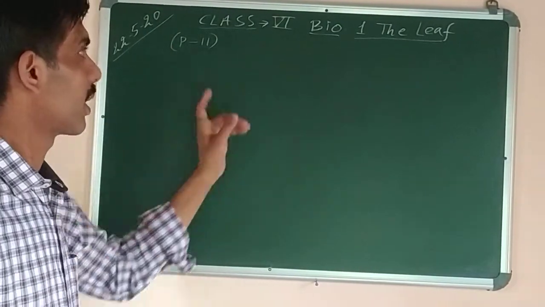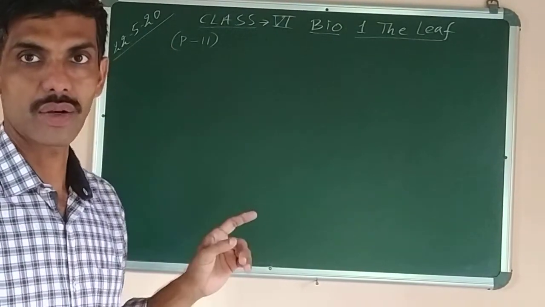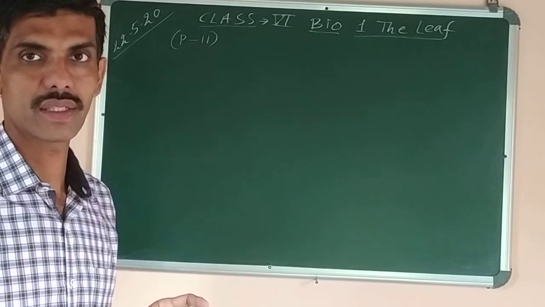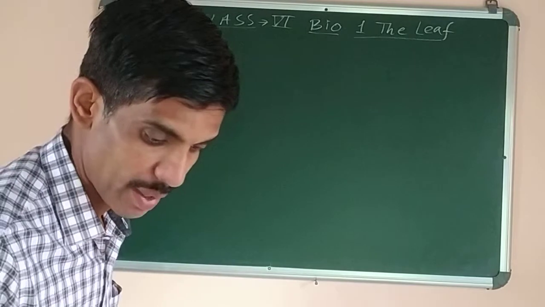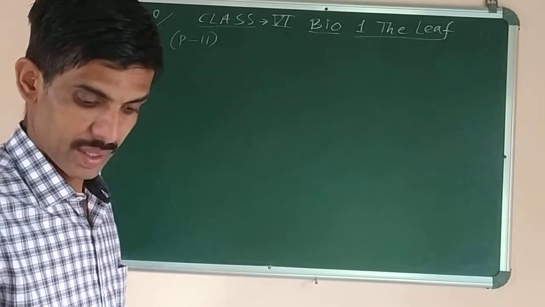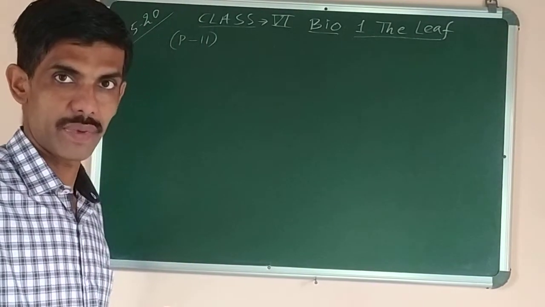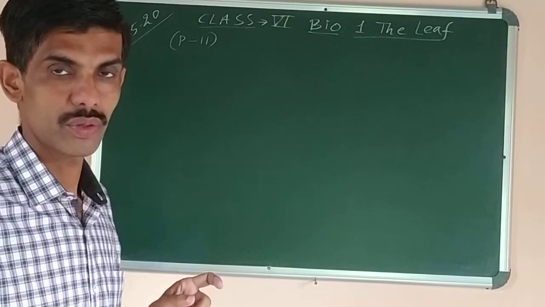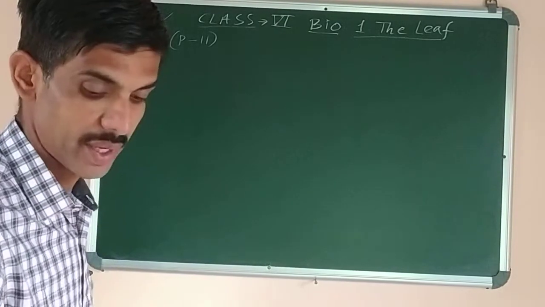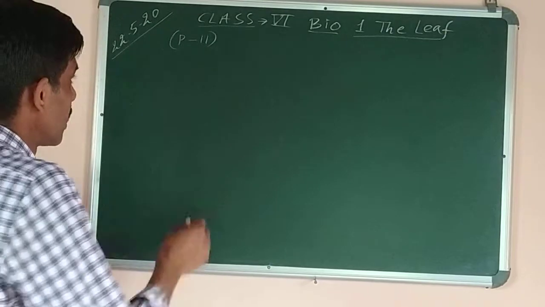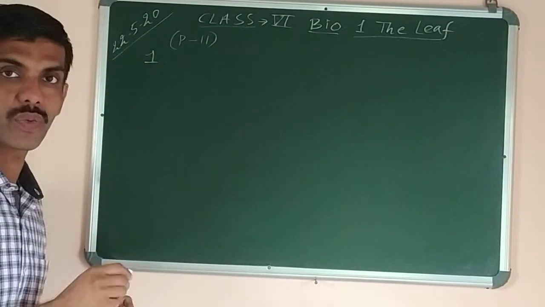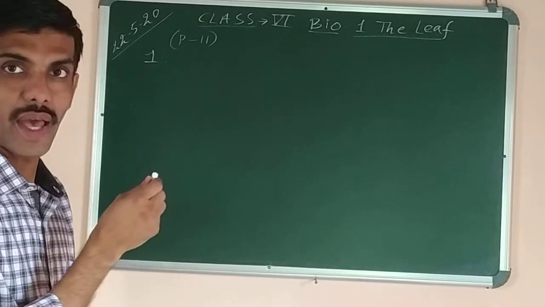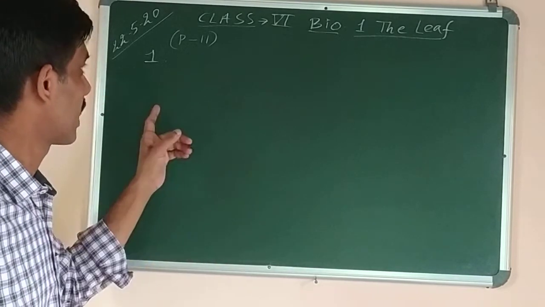Today we are going to start with the answers of the exercises which were already given. On page number 11, one question was there, that is, correct the false statements. It was given as homework to do. You just check your answer, whether you have done it right or wrong. I have marked here page number 11. These questions were given as homework to do.